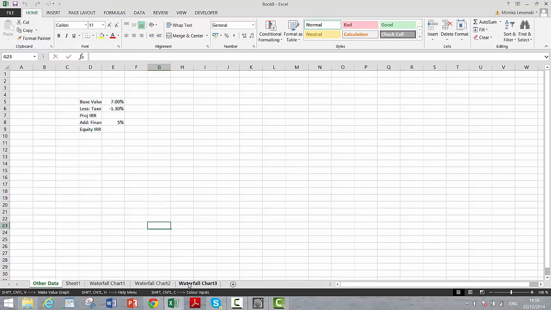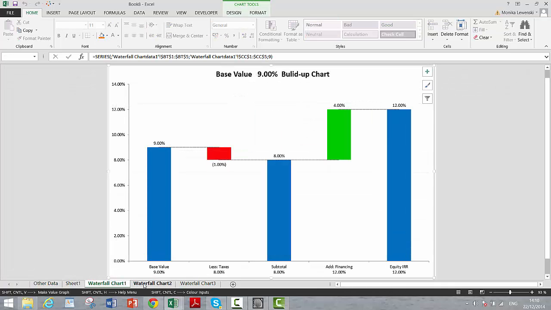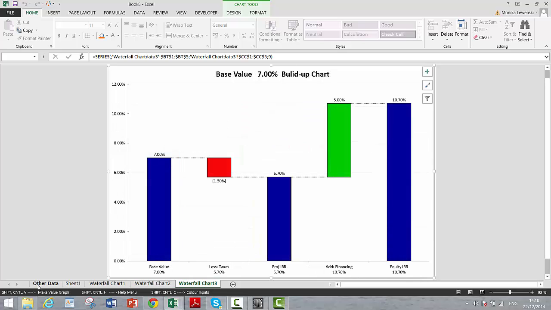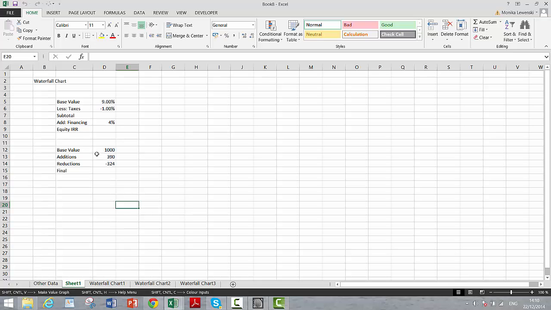Notice what happens. It made them all, so we've got different sheets and different patterns, and we've made them from different sheets. Remember, all you had to do was do this, and